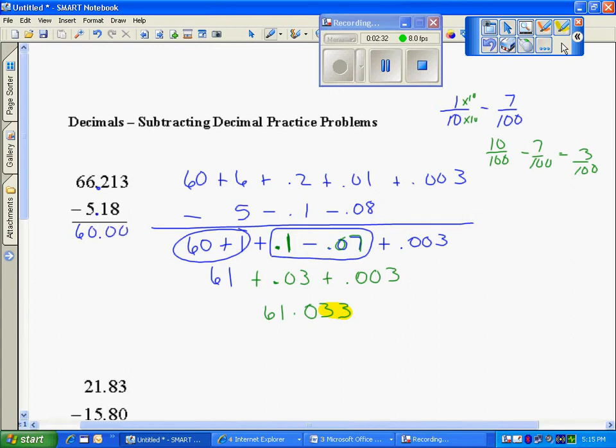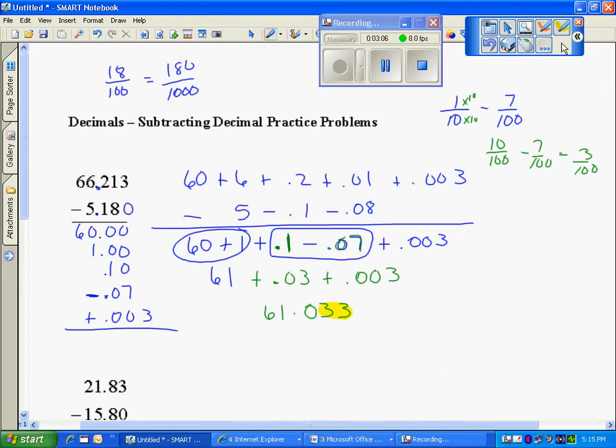taking 5 ones away from the 6 ones. 2/10 take off 1/10 leaves me 1/10. 1/100th minus 8/100ths leaves me in the hole 7/100ths, and put that placeholder in there again, because remember the 18/100ths is the same as 180/1000ths. They look different, but they're equivalent. So 3/1000ths take away nothing would still leave me with